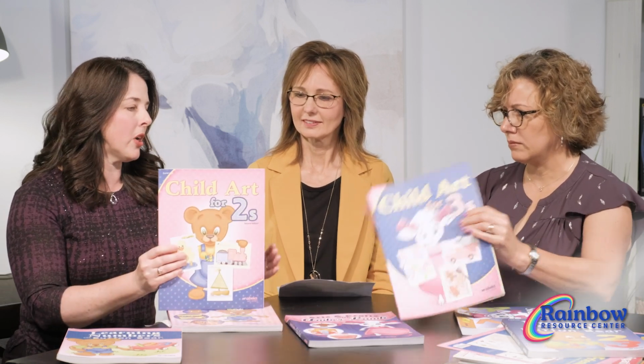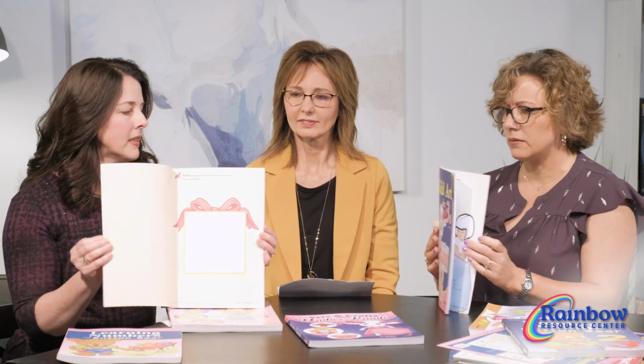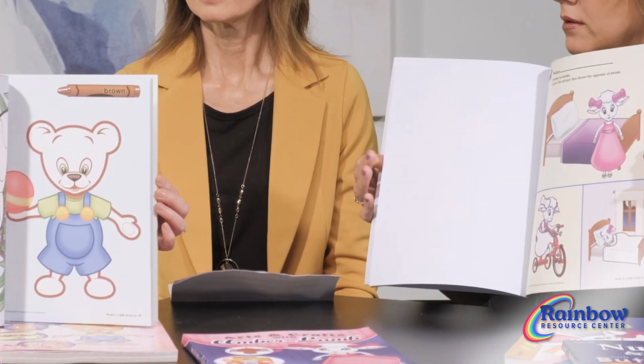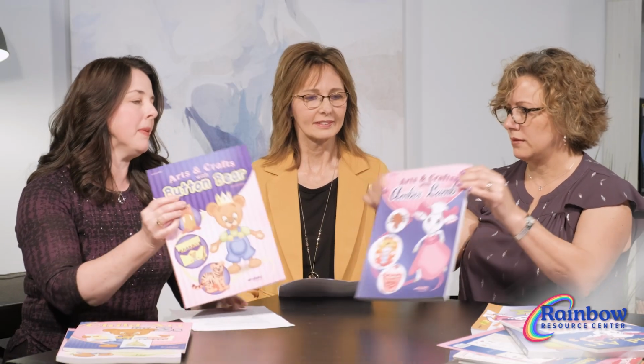And then for both programs, they have Child Art for 2, Child Art for 3. And this is just a little bit of a coloring opportunity for the kids. If you wanted to add that or give them something to do while you're needing them to stay busy, you have that opportunity. The next book, Arts and Crafts with Button Bear and Arts and Crafts with Amber Lamb, is